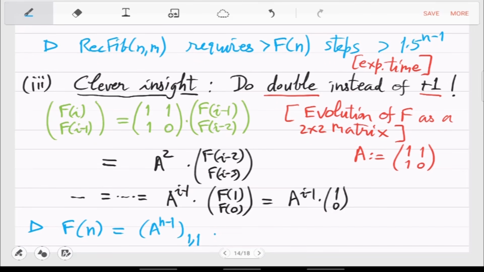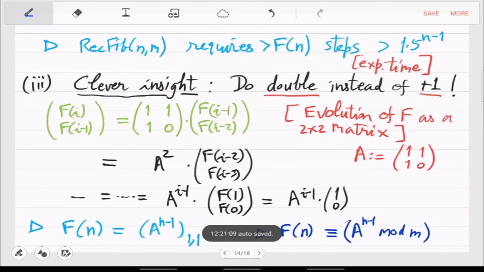Okay, so the top left entry of this matrix. This is a 2 by 2 matrix, and you are powering it. So when you do this n minus 1 times, you still will have a 2 by 2 matrix with very big numbers as the 4 entries. So the top left entry is the value of f of n, right? The same thing gives you the mod m value also. So this is our formula.